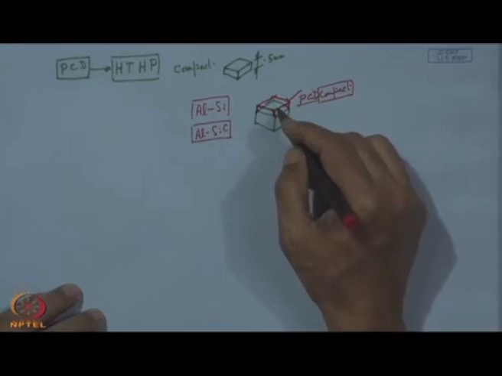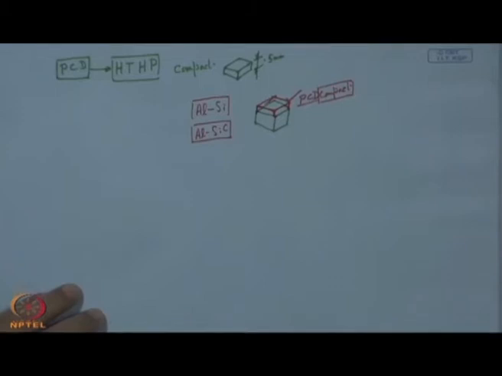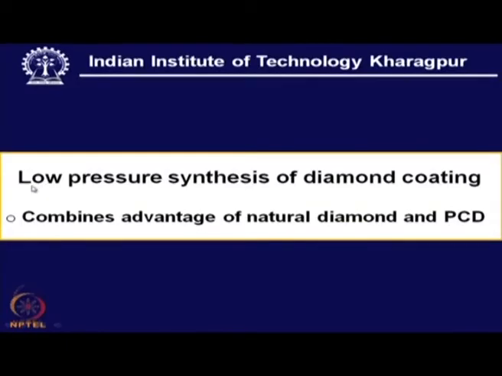So, this is a high pressure, high temperature technology, but as we see here from the very name, it is actually the low pressure synthesis of diamond. So, it combines the advantage of natural diamond, because in this case there is no need to have cobalt inside that coating. This coating can be given in the order of thickness of few micron or few tenths of micron,